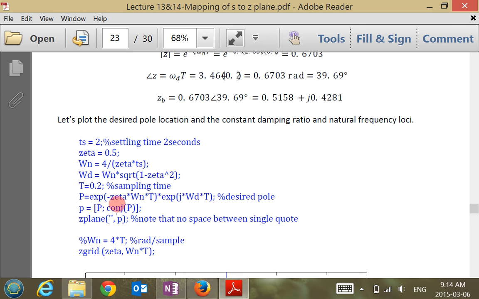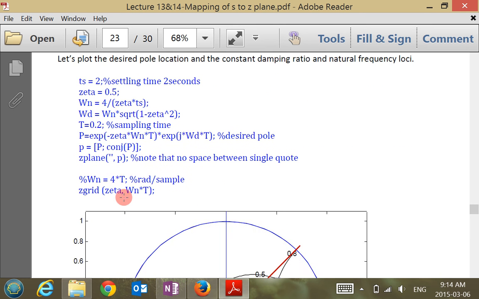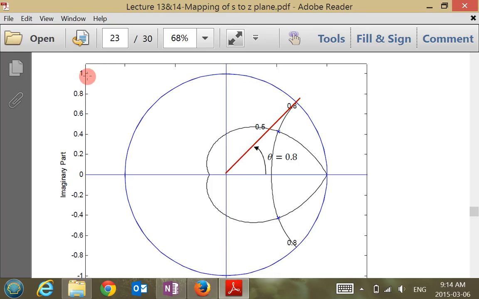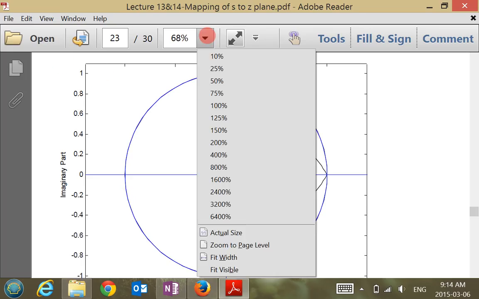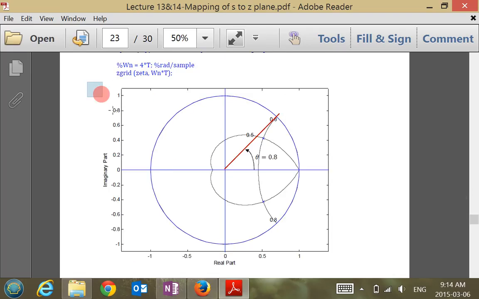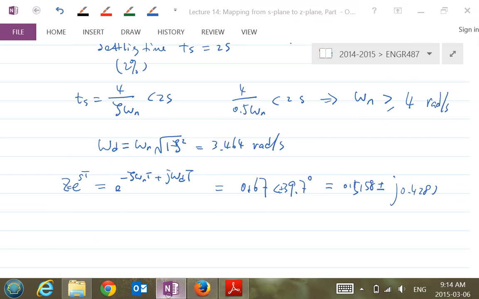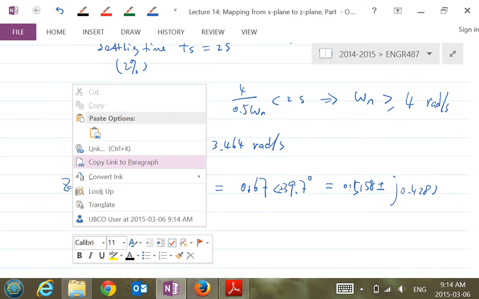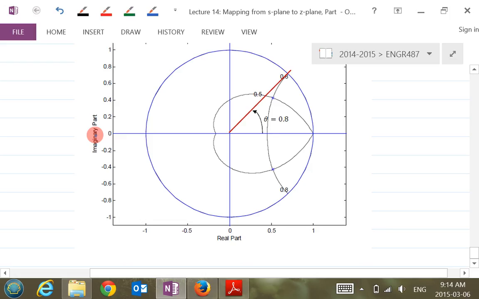Try these commands here, okay? Seriously, try this, and how do you draw this one here? So here's my drawing. Okay, so this is the location. Okay, this is the location of the mapped pole. This is the location of the mapped pole here, and this is the